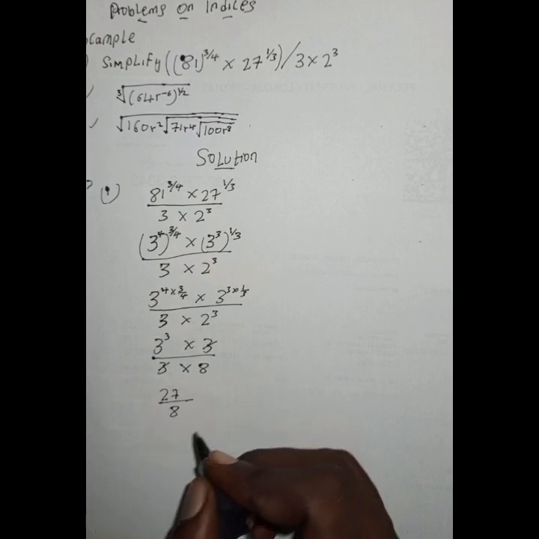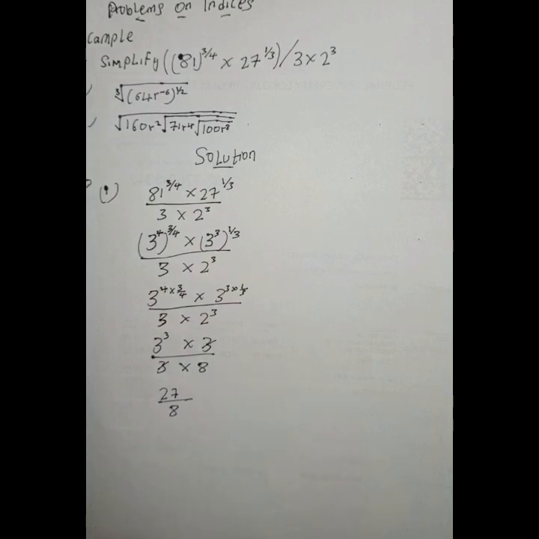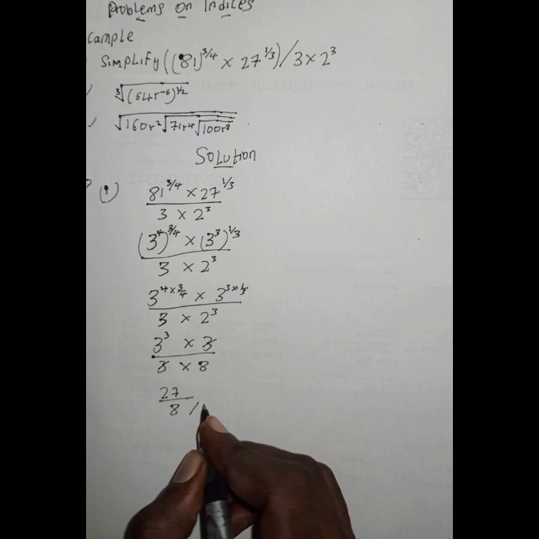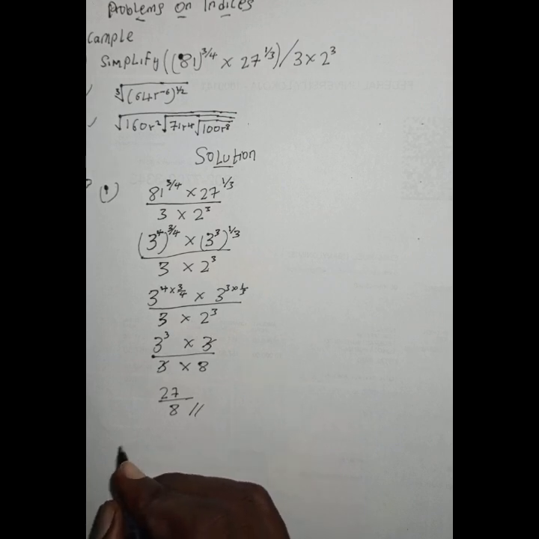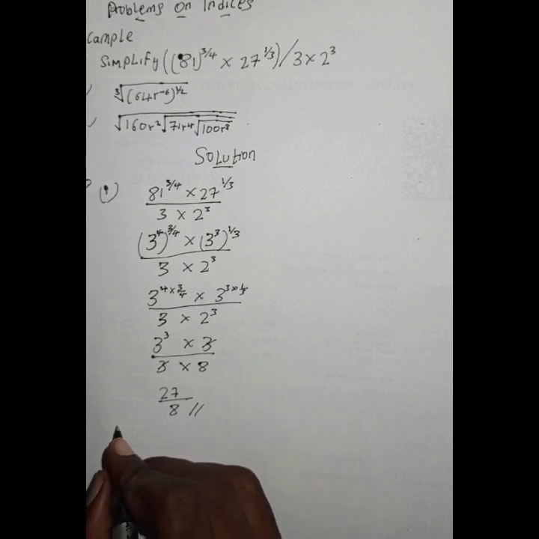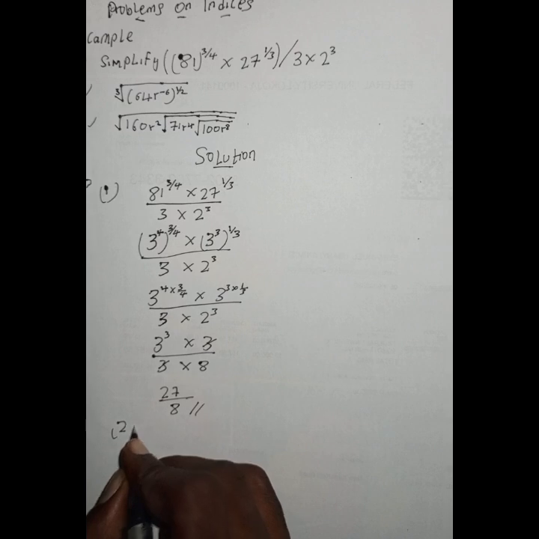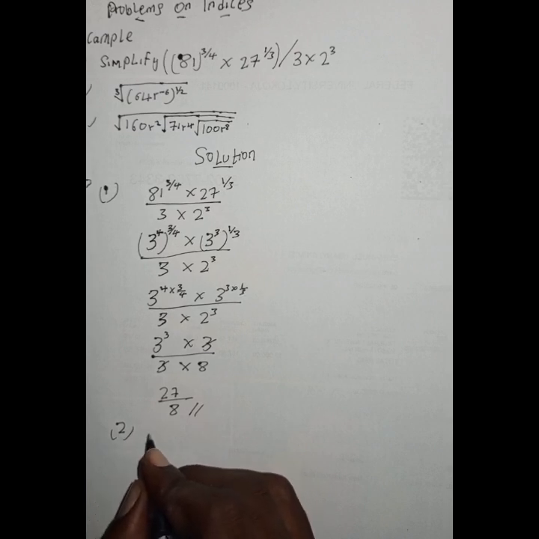Now 27 divided by 8, I'll be having a mixed fraction, so I can simply leave my final answer like this. So next up, I have the number 2. The second question I have here is